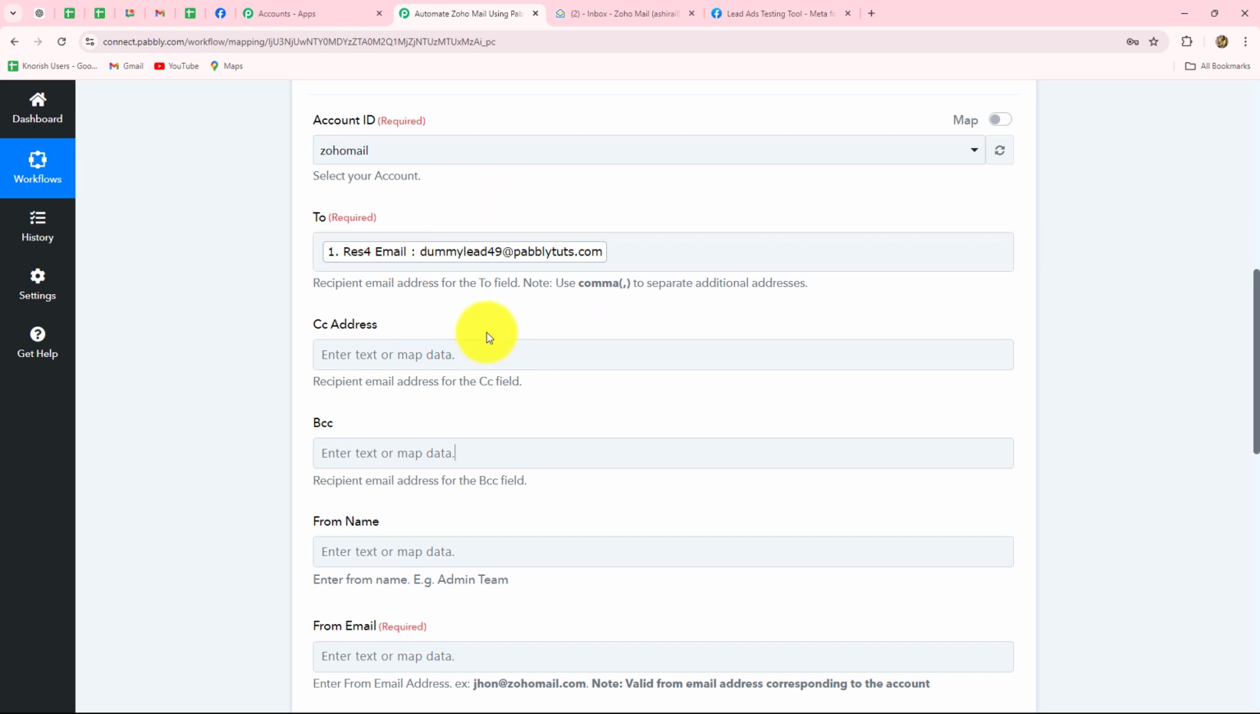In this way, when we have mapped this mail, it has become dynamic. That means with each and every new response, it is going to replace automatically. So whenever a new lead will be received from my Facebook lead ads account, automatically the mail which I've mapped over here is going to replace with a new email of that new lead. In this way, I will be able to automate the entire process of sending mails to all my Facebook leads